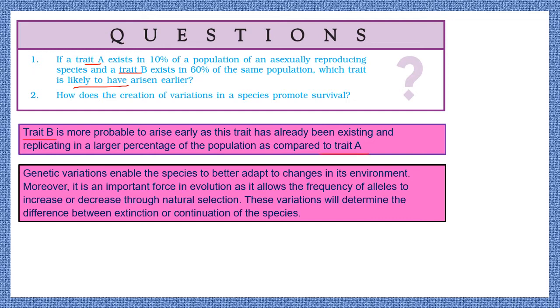Fine. Now the next question is, how does the creation of variations in a species promote survival? And the answer is here before you. The answer is, genetic variations enable the species to better adapt to change in its environment. Moreover, we can say it is an important force in evolution, as it allows the frequency of alleles to increase or decrease through natural selection. These variations will determine the difference between extinction or continuation of any species. Okay,